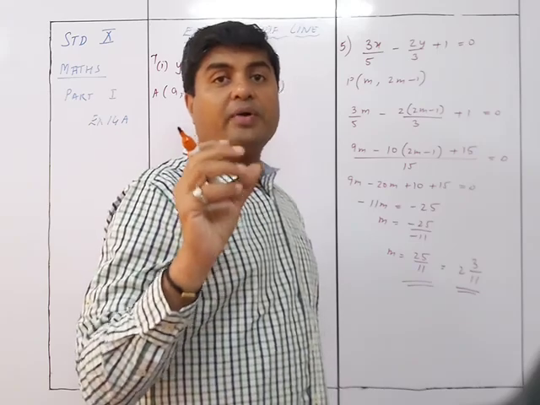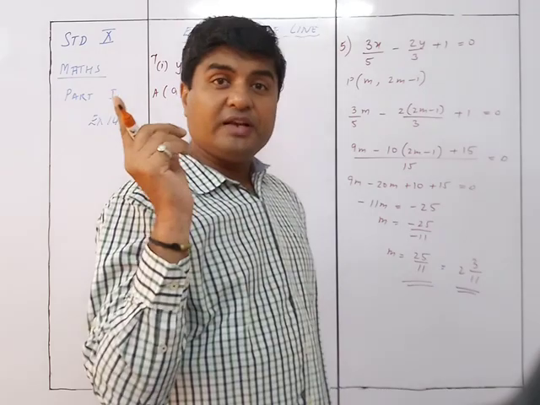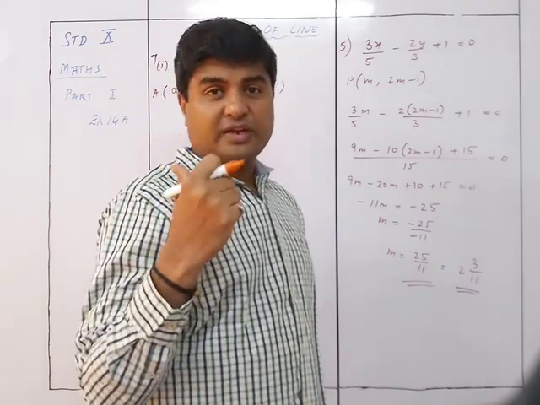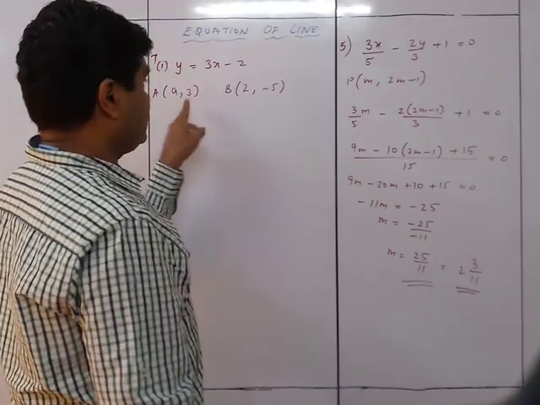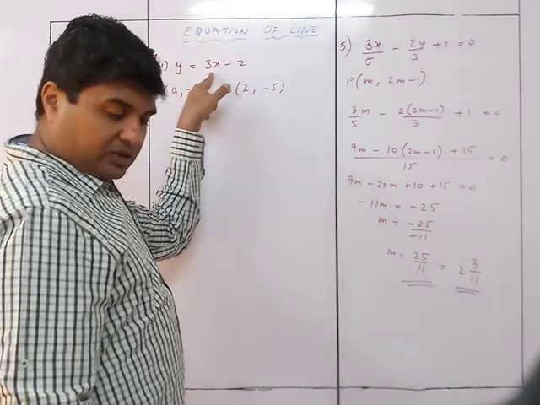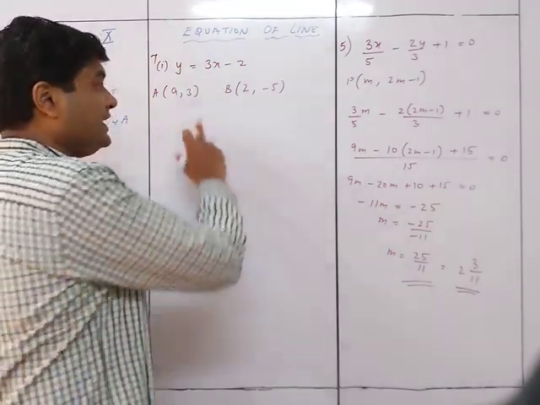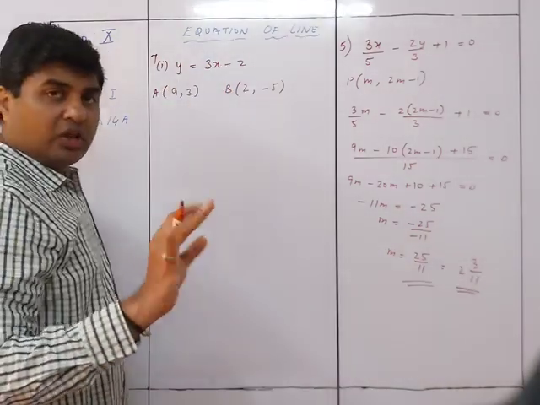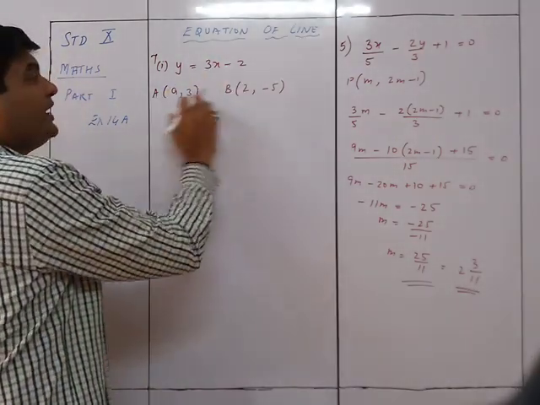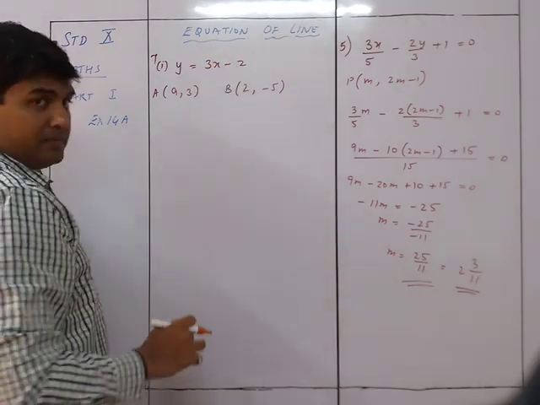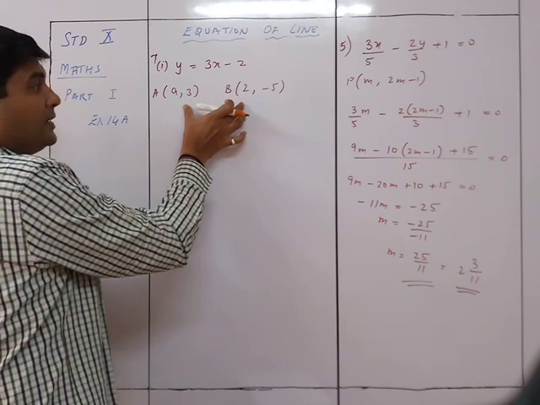You can see now we are going to have the combination of equation of line and the previous chapter, section and midpoint formula, because what they have told us is that this line bisects the join of these two. So are these 2 points on this line? No, they are not given that these 2 points are on this line. They are given that the midpoint of these two is on this line. Got it? You need to find out the bisection, that is the midpoint of these two.